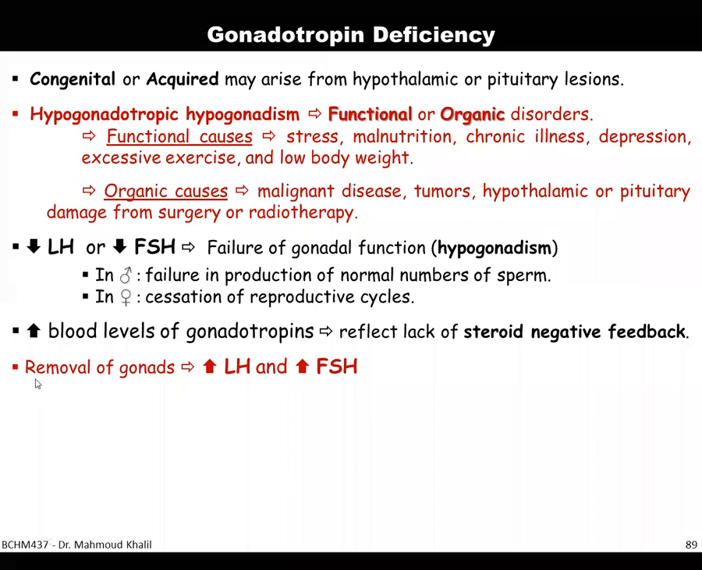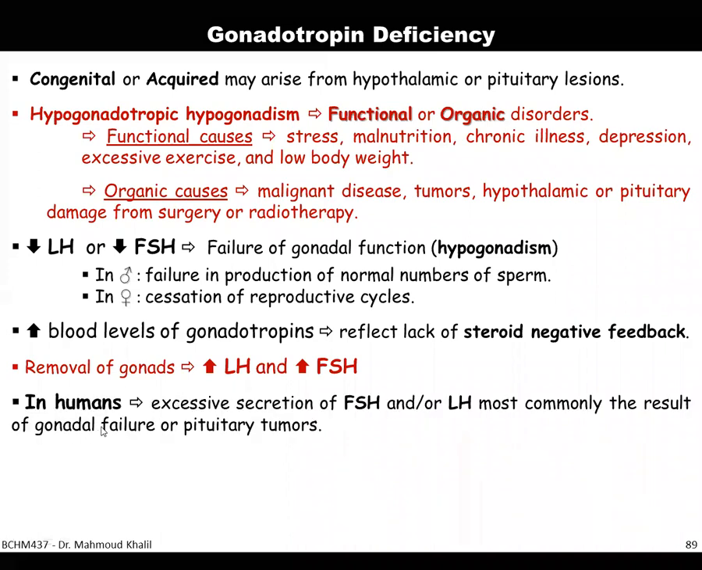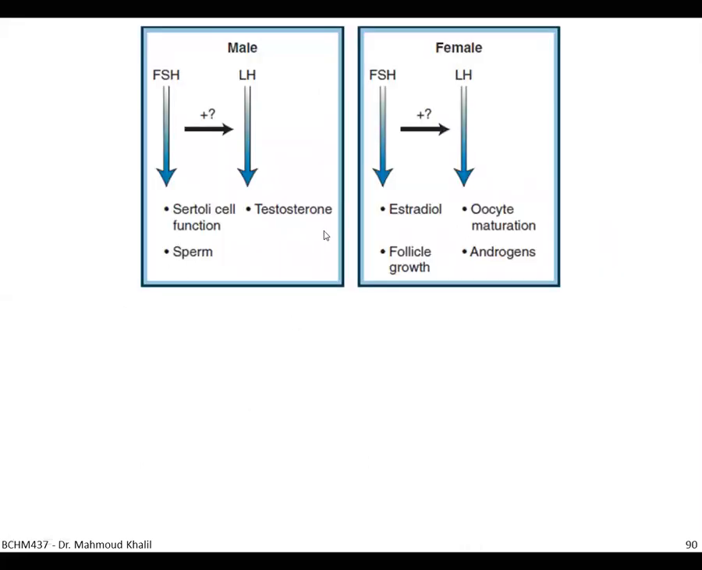Scientists have found that removal of the gonads will increase the LH and the FSH. In humans, the excessive secretion of FSH and/or LH is most commonly the result of gonadal failure or due to pituitary tumors. As you can see from the figure, the FSH